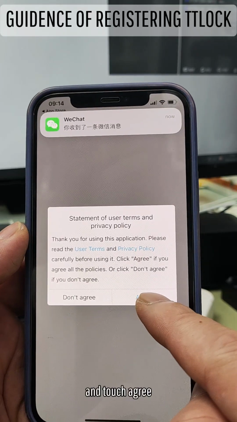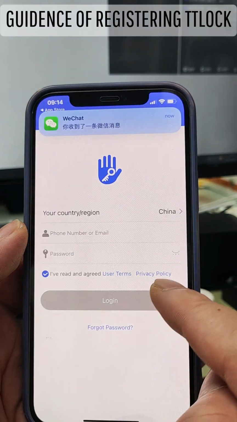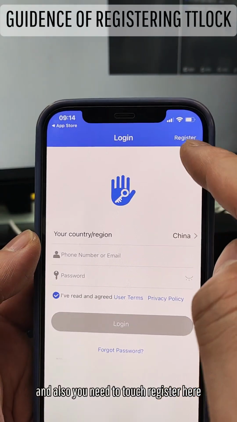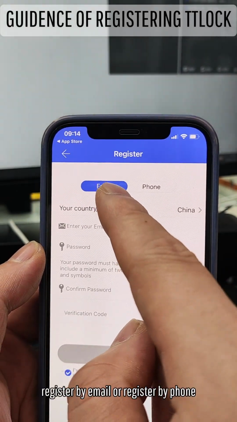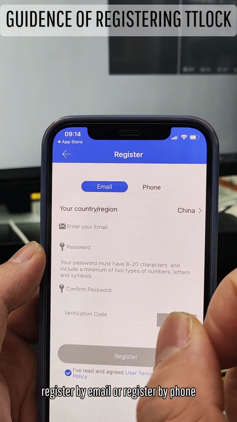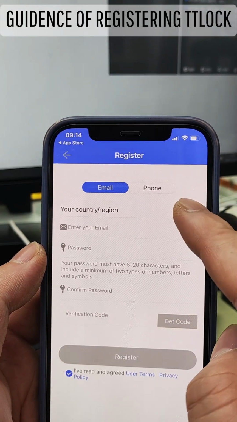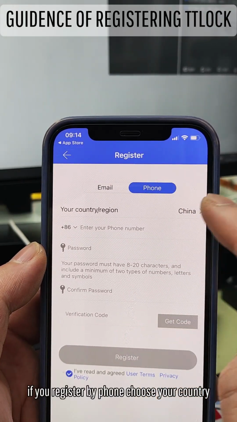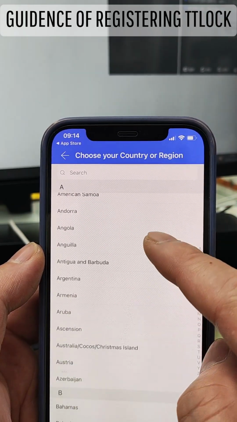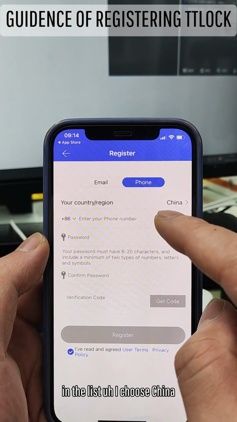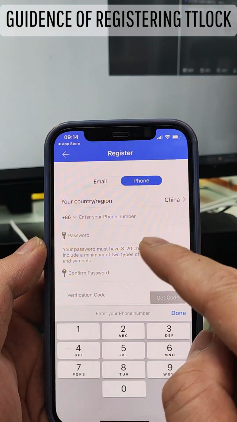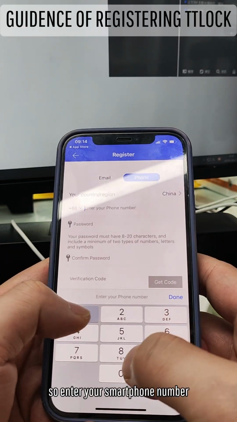Touch, and touch agree. And you also need to touch register here, and you can choose to register by email or register by phone. If you register by phone, choose your country. Look, all the countries are in the list. I choose China. So enter your smartphone number